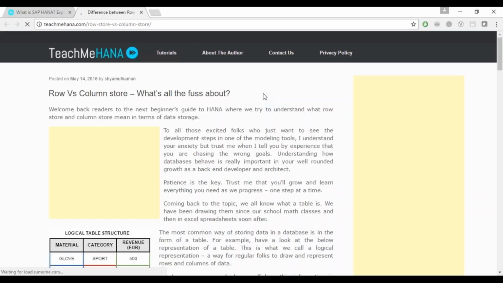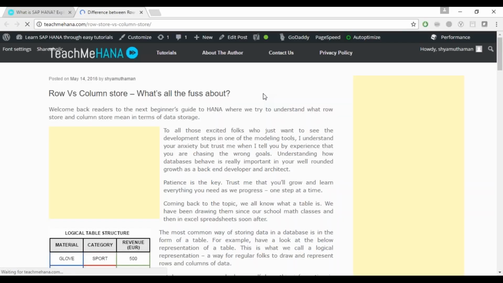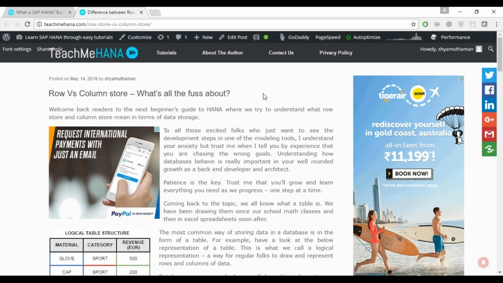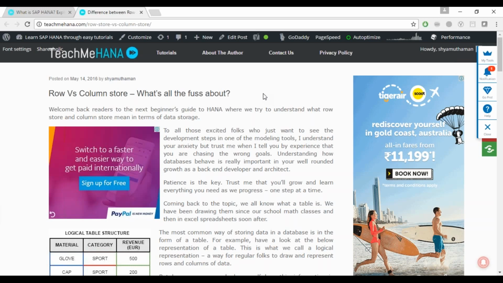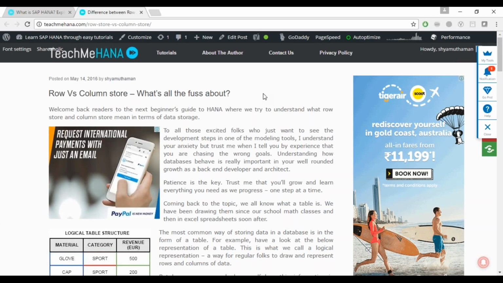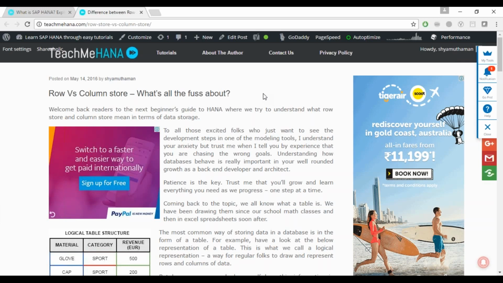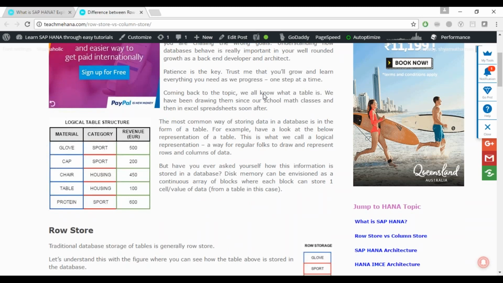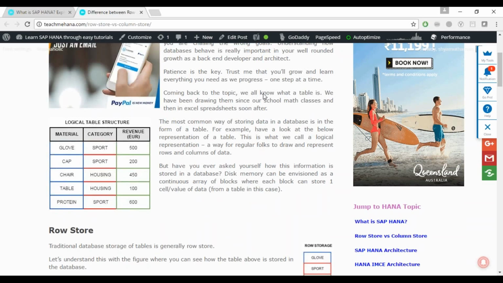Okay, this is one of the most beautiful things in in-memory databases. SAP markets it as if they invented it, but this has been around for a while. It goes back to the 1980s. SAP is the one who can be credited with using it to such a big level, but they definitely did not invent it.